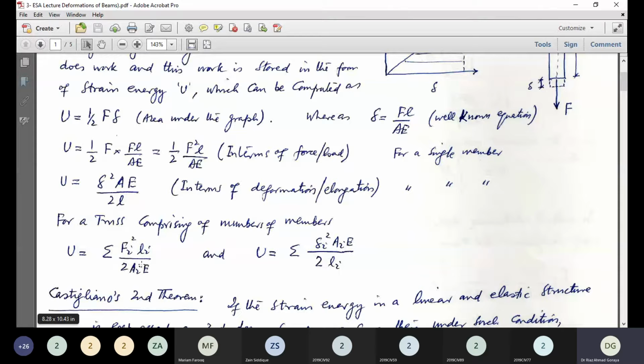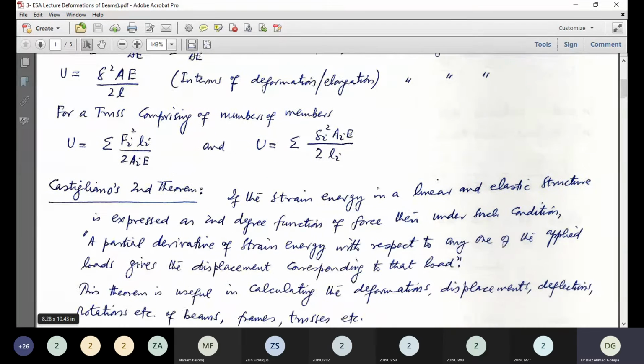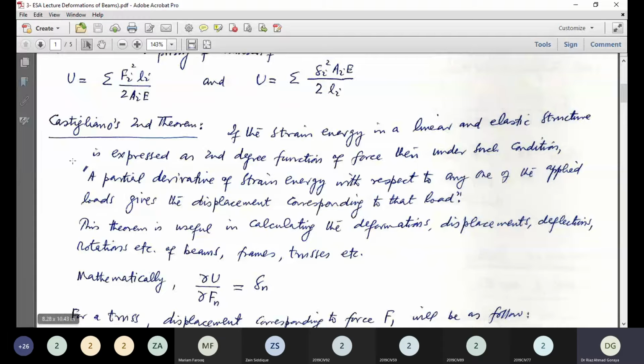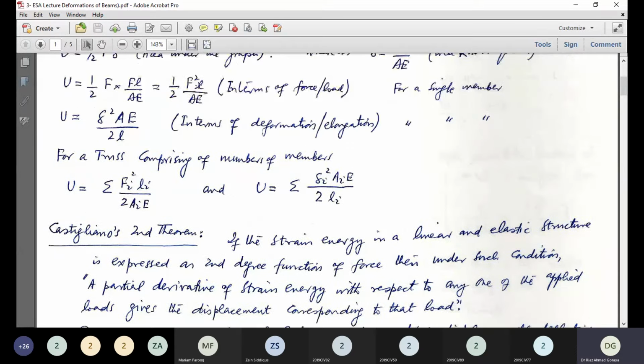Now, with this concept of strain energy, we proceed to Castigliano's second theorem, with the help of which we will compute the deformations of the structures. Now, Castigliano's second theorem is: if the strain energy in a linear and elastic structure is expressed as a second degree function of force, (we have seen this here, it is a second degree function of force in the single bar and here also)